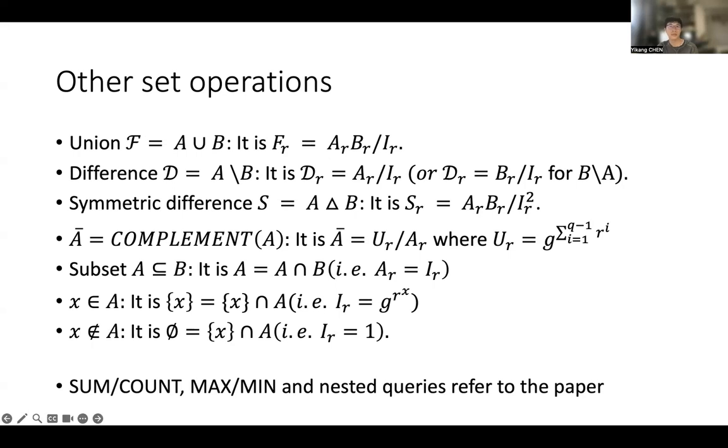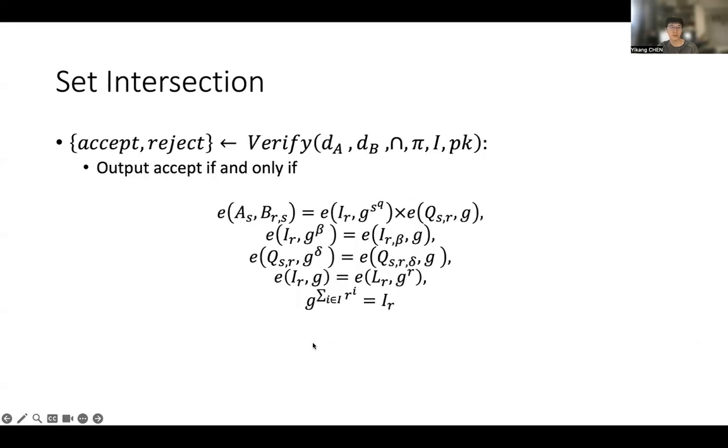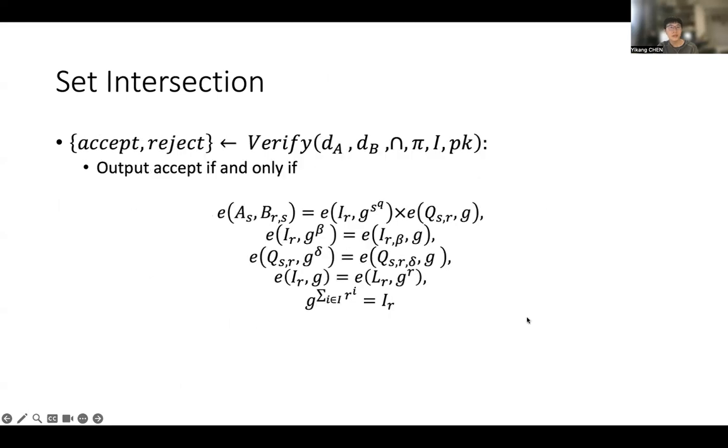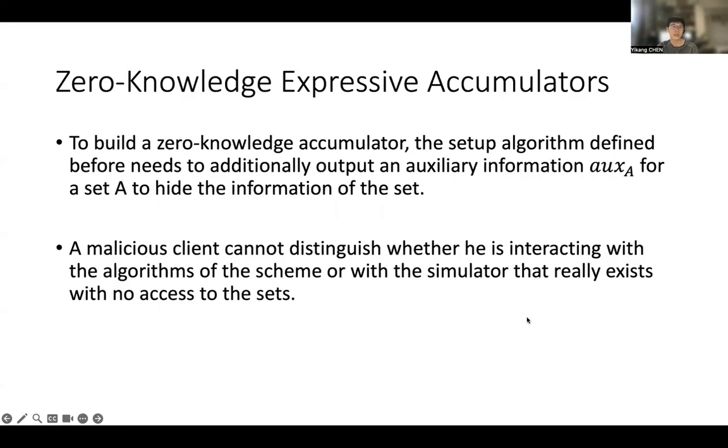However, the client may learn extra information about the set through the proof, which may leak a lot of information. So we need to extend the ESA to be a zero-knowledge expressive accumulator, ZK-ESA. It guarantees that even a malicious client cannot learn anything about the set beyond what is queried.